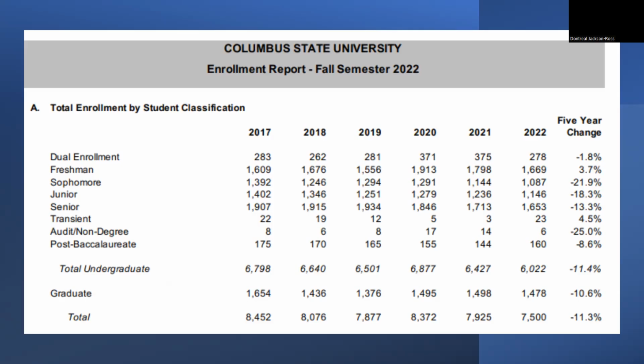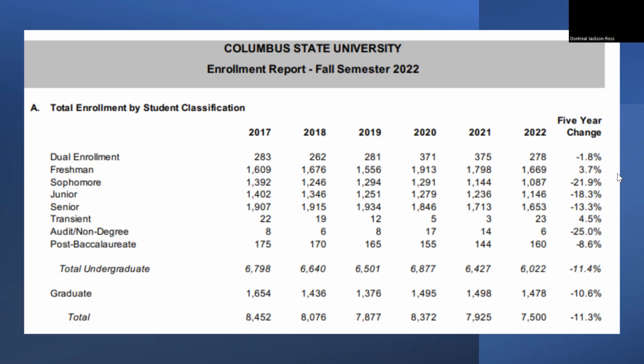So when we look here at the freshman number in 2017, we see that the freshman number was 1,609. Okay, so there were approximately 1,609 students that were enrolled. And then when we look here at the data for our freshman students in 2022, we see that there's sort of an increase. We have 1,669 students, which is fine, so it shows that there was a marginal increase, which would be 3.7%